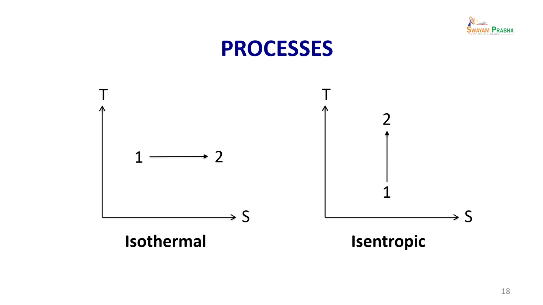Temperature is on the y axis, entropy is represented by the letter S, that is on the x axis. So, a constant temperature process, T1 is equal to T2, and here again in this case S2 is greater than S1, that is, entropy at the final state 2 is greater than entropy at the initial state. An example for a constant temperature process is during condensation